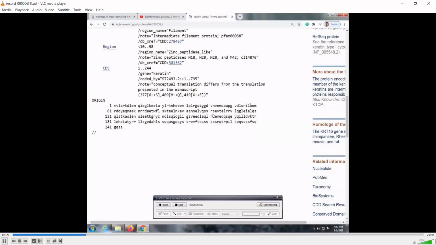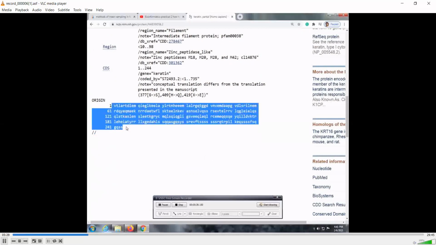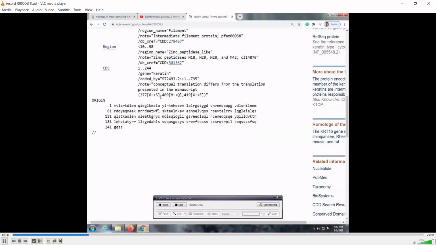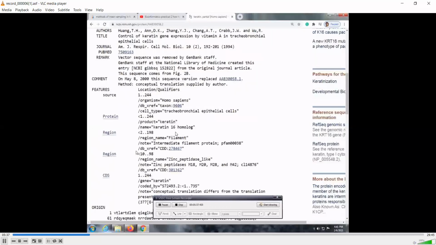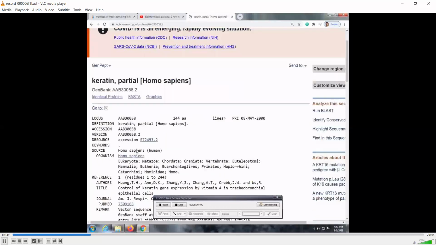It has four complete lines. This upper line contains near about 60 amino acids, and the whole is 245. So this is the actual sequence of a keratin protein. Okay, then